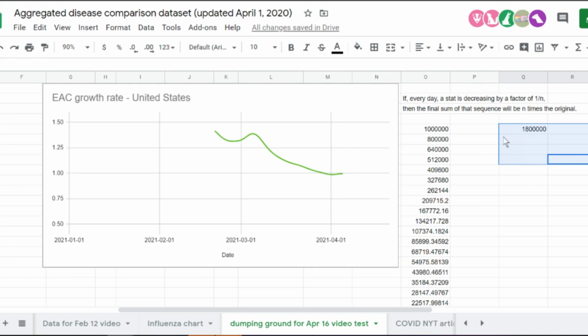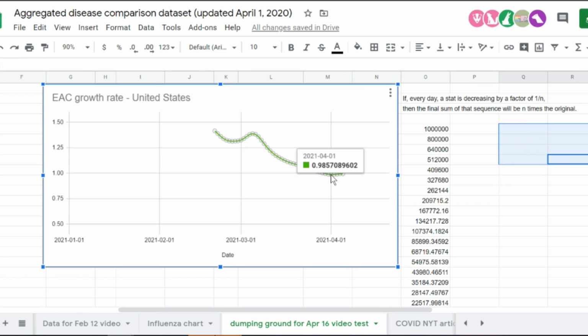So all of this is really to say that realistically, we want this growth rate to go well below 1. If we're below 0.9, then we'll only have less than 10 times the current daily count of new cases in the future. And if we can get down to 0.7 like China did, it'll only be 3 times the daily count. So should we lift these quarantine restrictions? I don't personally think so. Just looking at this data and seeing how pitifully below 1 we really are, like this isn't good progress.